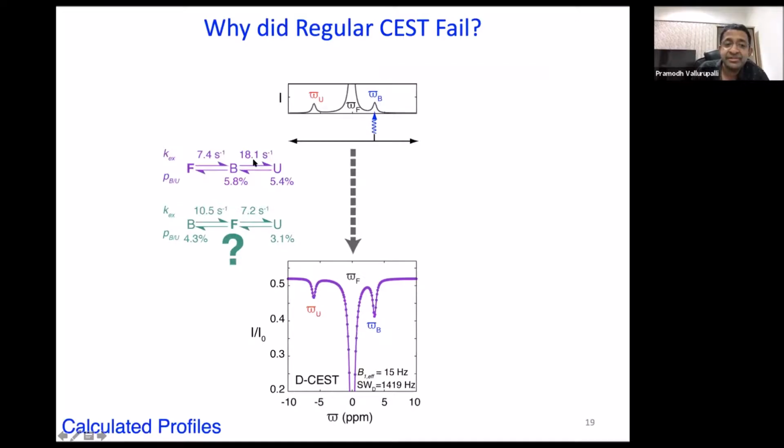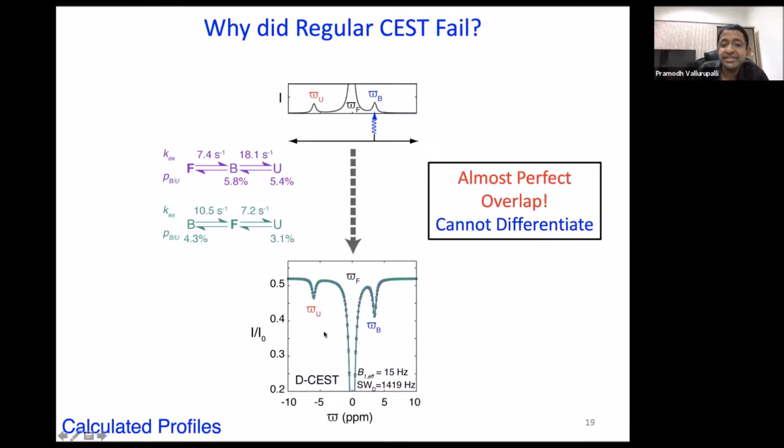So, what we did was to calculate idealized CEST profiles for these exchange parameters. I've done that first here for this linear model shown in magenta, where we have the 2 minor states and the major state, and then next calculated it for this bifurcated model. And the idea would be if there are any differences between the 2, we will tweak the experimental parameters to maximize the differences and differentiate between the models. So when we calculated it for the second model, what we found is that there is almost perfect overlap. So this told me that we won't be able to do anything with the regular CEST experiment easily to differentiate